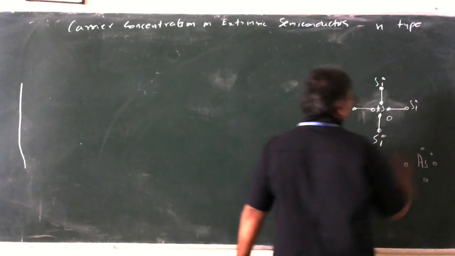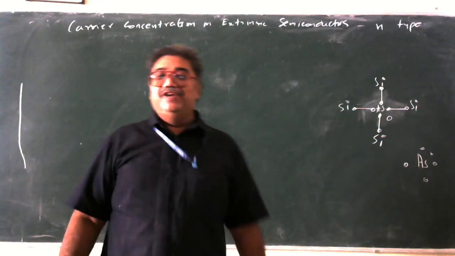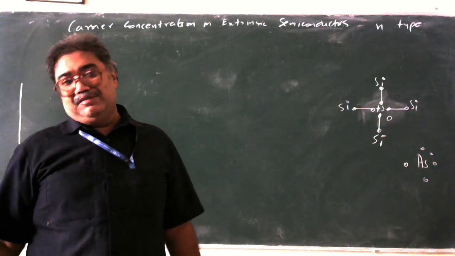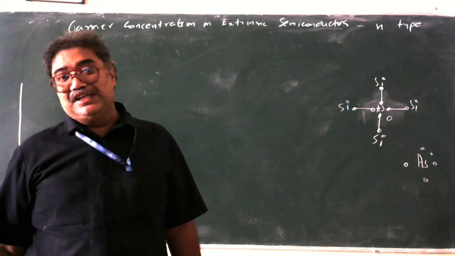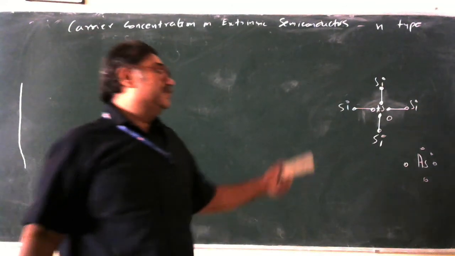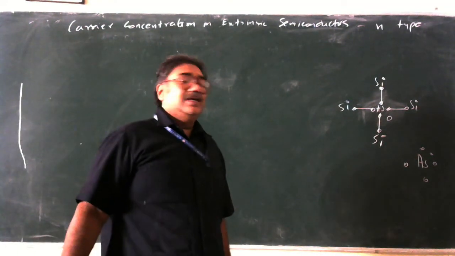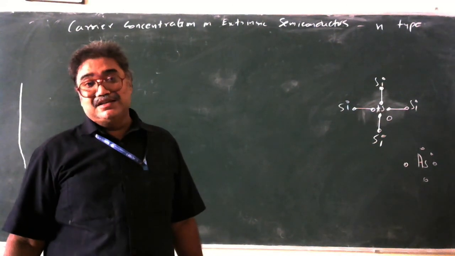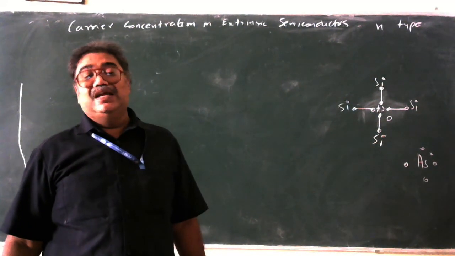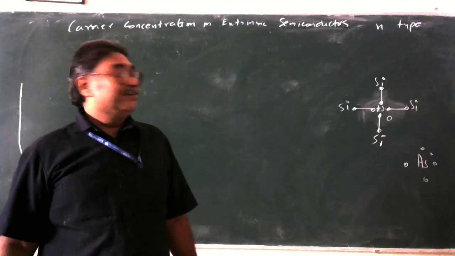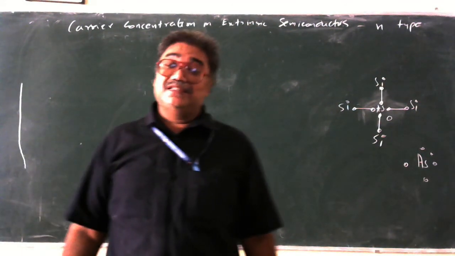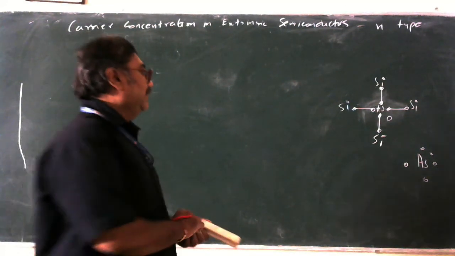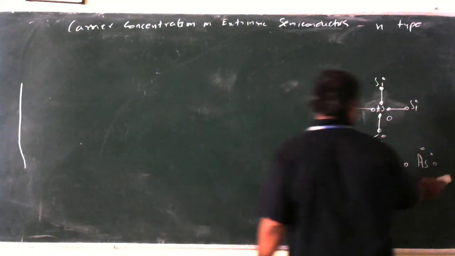And now we have an excess electron. This one excess electron is available for conductivity, because there is no electron to form a bond with it. This free electron is of course a negative charge, so we have negative charge carriers. We are going to calculate how many such negative charge carriers there are in extrinsic semiconductors. Let us see the relevant mathematics.